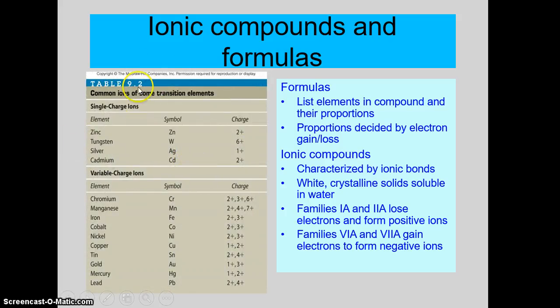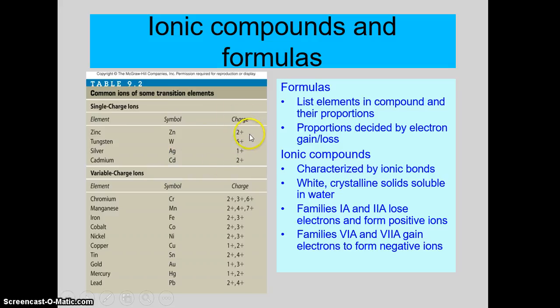So here we have table 9.2, as I was telling you before, which includes the transition metals. So, for example, manganese is a transition metal. It can be +2, +4, or +7, and you don't know necessarily which one it's going to be ahead of time. And for example, lead can be +2 or +4. Mercury can be +1 or +2. But remember, these ones up here, even though they're transition metals, they're the exception. These 4, zinc, tungsten, silver, and cadmium, are only charged